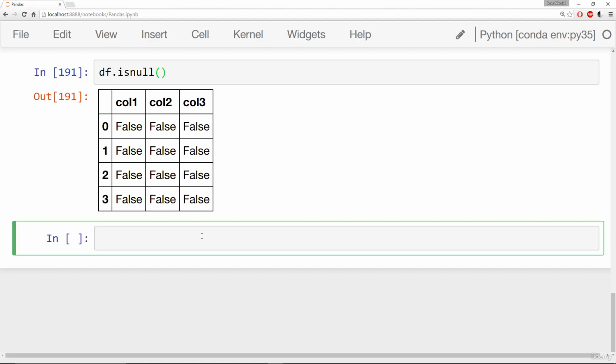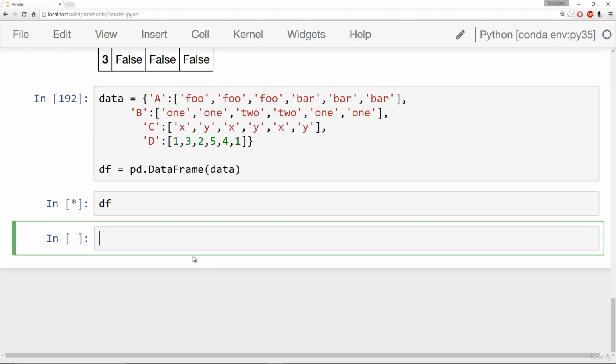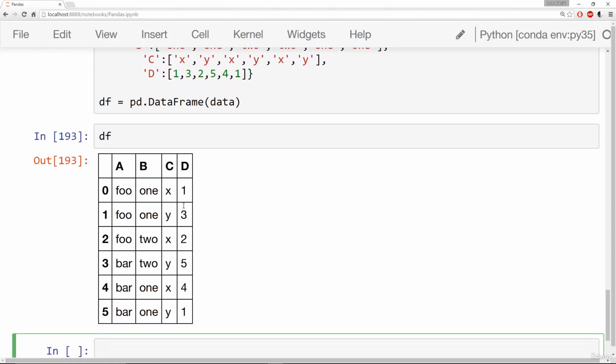I'm going to go ahead and copy and paste some code from the notebook to create a new data frame. If we go ahead and check out this data frame, we have something that looks like this. We have A, B, C, and D columns. And notice here that we have repeating values in both the A column, the B column, and the C column. So A column has foos and bars, B has 1s and 2s, C has x's and y's, and then D has